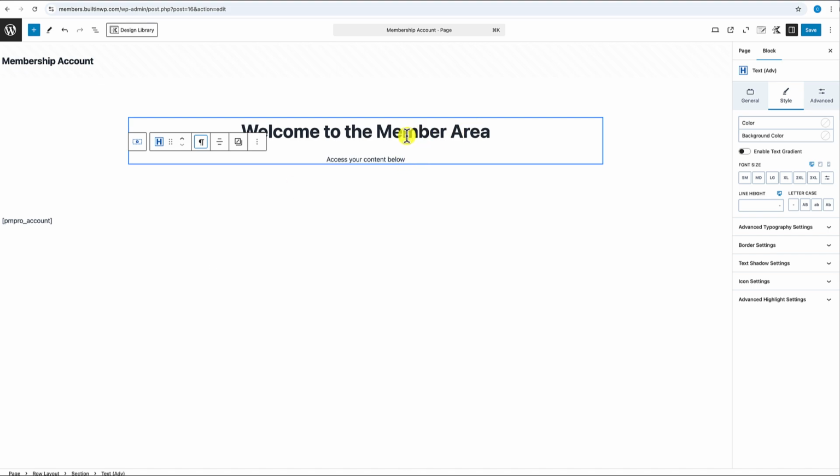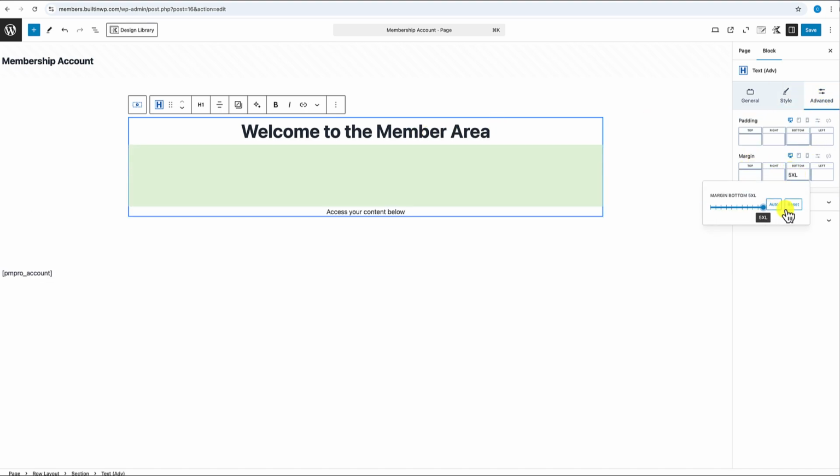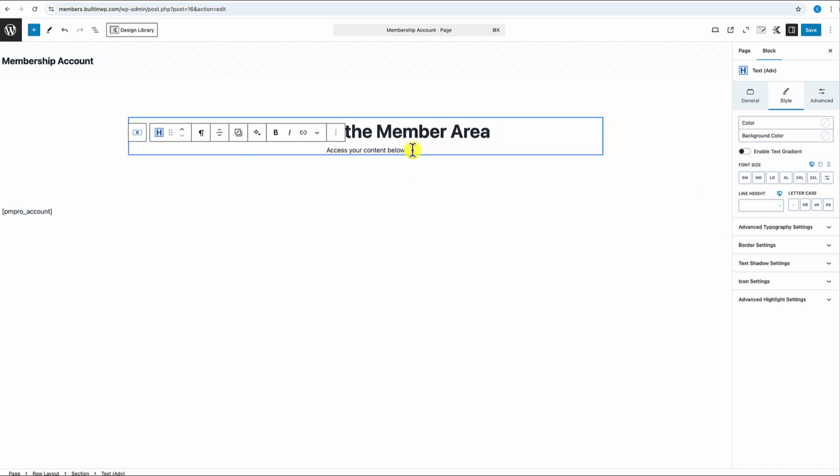And then select the initial text here, the welcome to the member area. Move over to the right, go to advanced. And under the margin bottom, we're going to go ahead and zero that out so that it brings it a little bit closer. All right, next what we're going to do is go ahead and add our